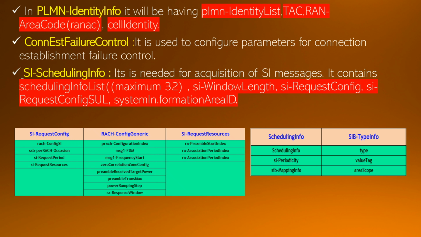Next is connection establishment failure control. This is a parameter to be used for the connection establishment failure control.